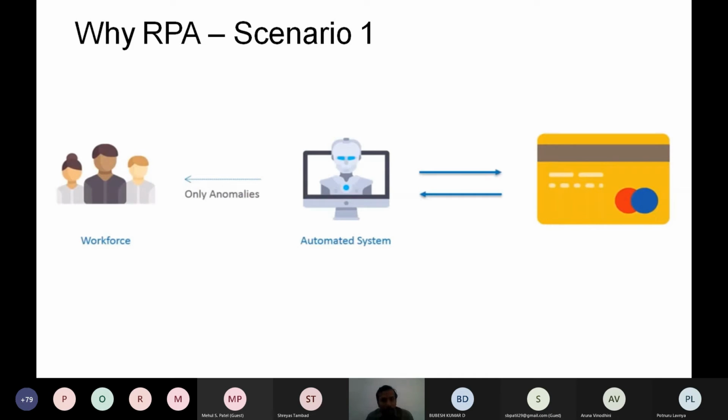I have to make it very clear that not every process can be replaced by an automated system. There are processes which can be replaced by an automated system. There are processes which only humans can deal with, because at least for now, only humans can think out of the box. So you can use your workforce for such things, which will further increase your customer experience and customer satisfaction. So this is one scenario, about a credit card fraud detection system. I think that you'll agree with this.